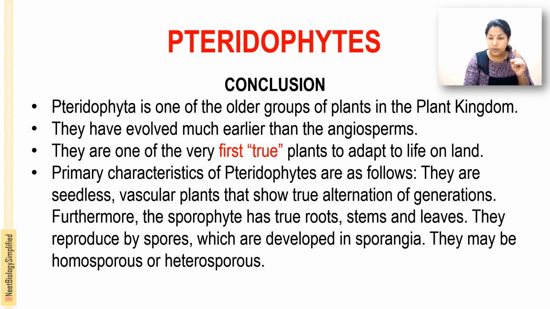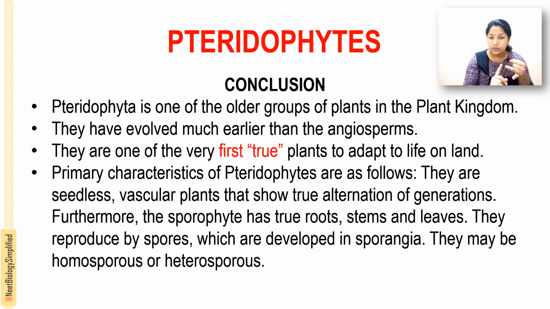They reproduce by spores. They don't produce flowers or seeds. They reproduce by the spores which develop in the sporangia. And the spores may be homosporous or heterosporous. So in short, what is Pteridophyta? They are the older group of plants in the plant kingdom. They evolved much earlier than the angiosperms. They are the first true plants to adapt to life on the land, and the characteristics: they are seedless